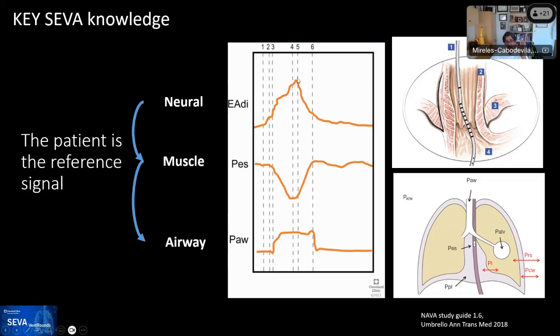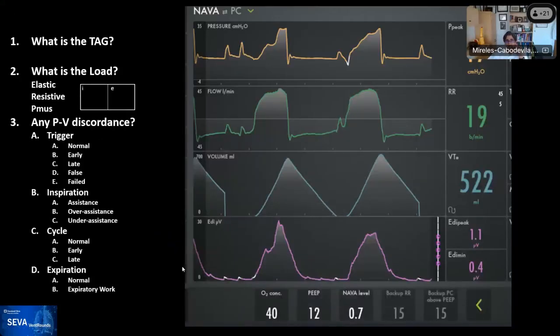But this is useful for you to see the neural is the reference signal. If that's absent, then we use the muscle, and then if not, we use the airway. Recognizing that that's not the usual way. The usual way at the bedside is we use the airway signals. So with that said, here's an example,